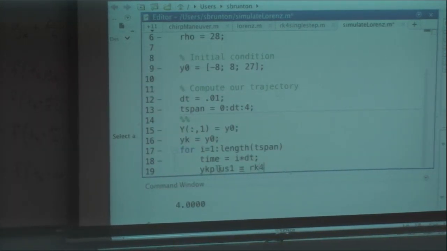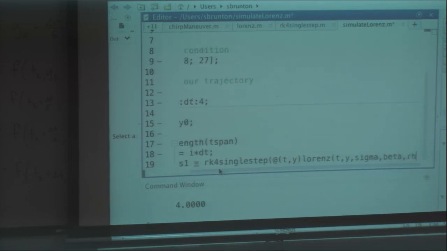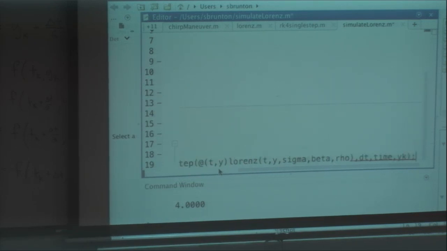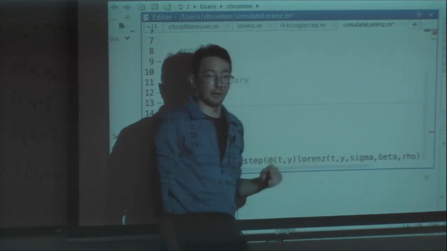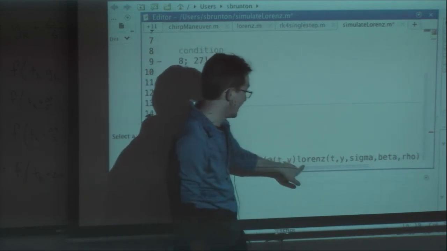So this equals RK4 single step of my function at t comma y, Lorenz t comma y comma sigma beta rho, dt, times yk. Okay, this is really complicated and it's gone off the screen. So my function RK4 single step, I have to give it a function to integrate. And the function I'm going to integrate is the Lorenz equation.